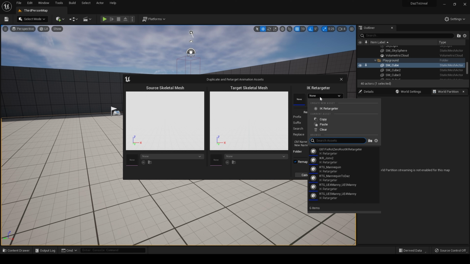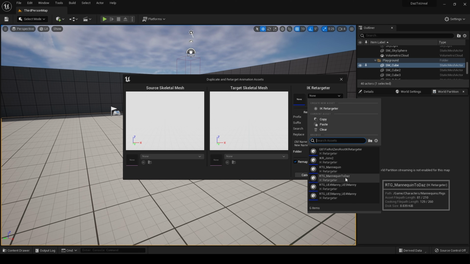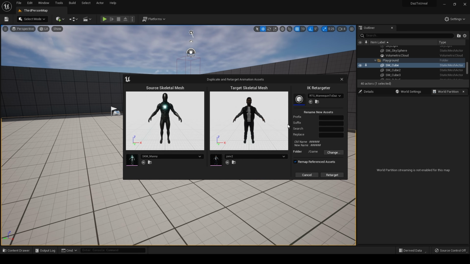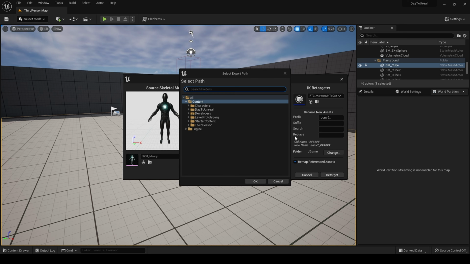And from here, choose the RTG mannequin to Daz IKRetargeter we created a while ago. And you will get this view. In prefix, I want to actually type John version 2 underscore, and this will just add a prefix to the file names. And then change the animations folder to DazToUnreal, go into animation, right click, I'm going to create a new folder and call this TPS for third person. Okay, hit OK,